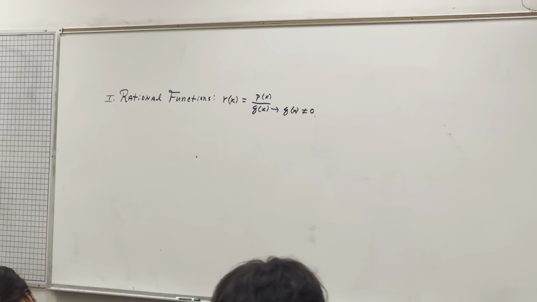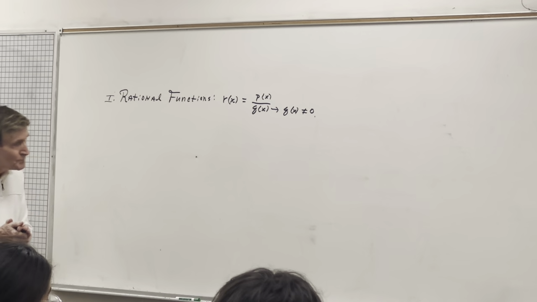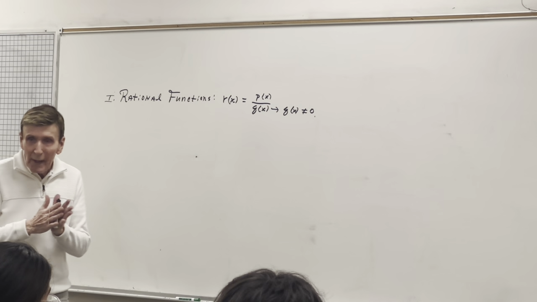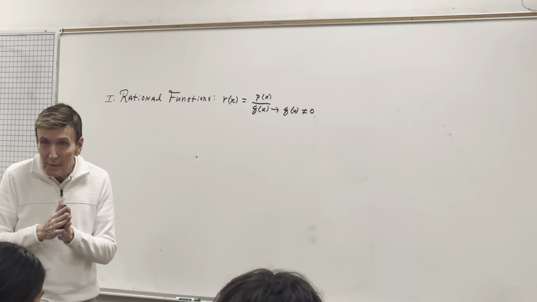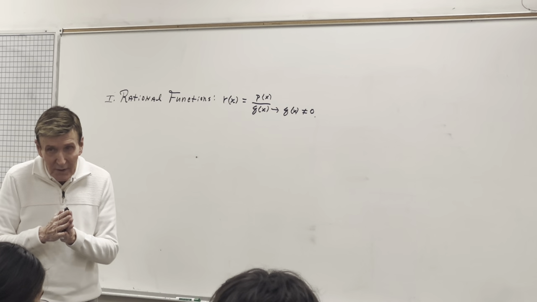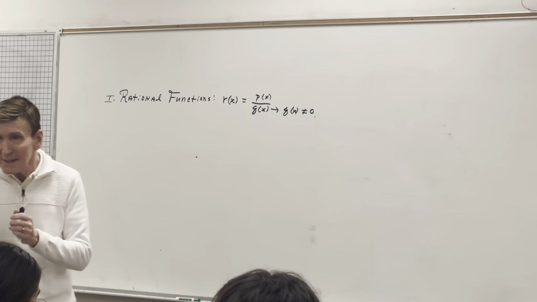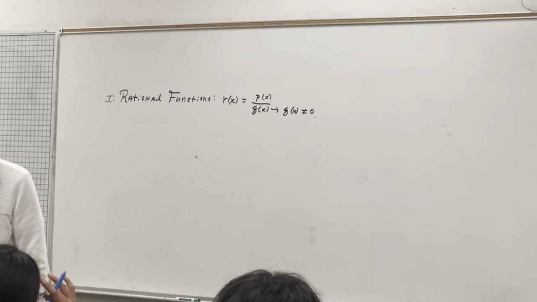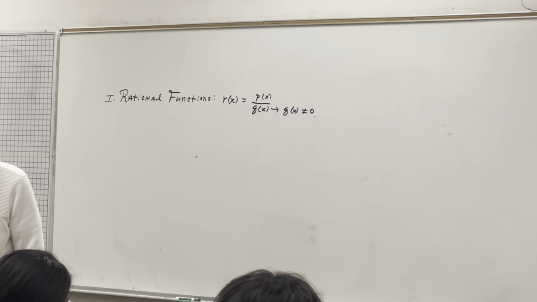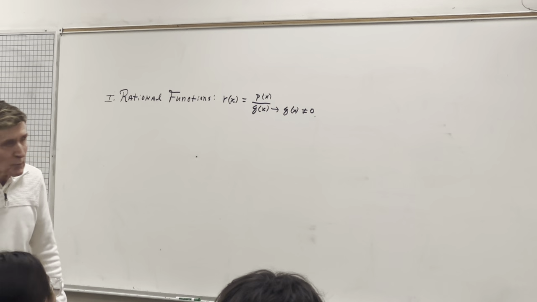It might be discontinuous. What might make a rational function discontinuous? Give me something. What might show up that has not shown up on polynomials, but now it's showing up? It may say, whoops, this graph's a little different. It's discontinuous. It's not nice and continuous. Yes? If there's something like x minus 3 in the denominator. Okay, here we go. If there's something like x minus 3 in the denominator,